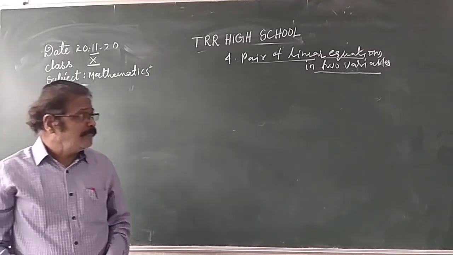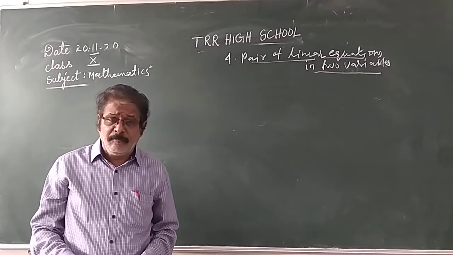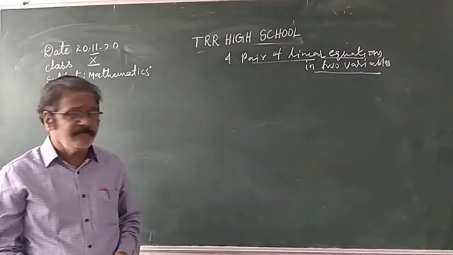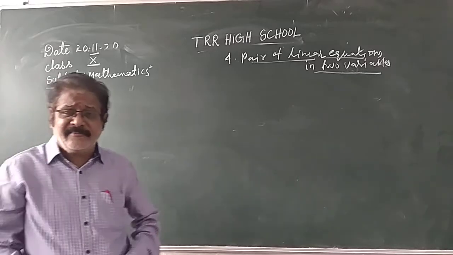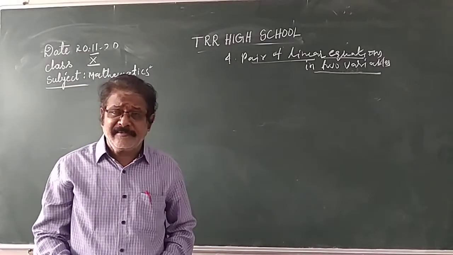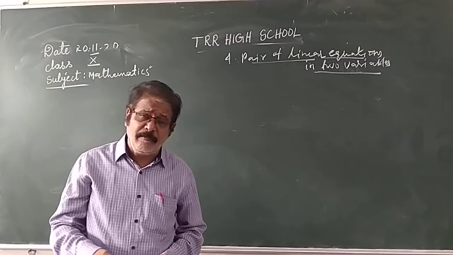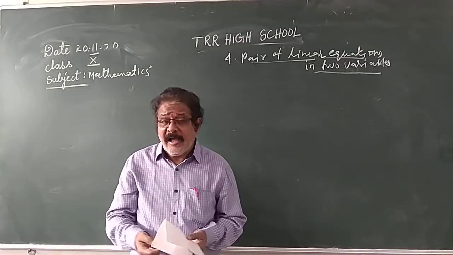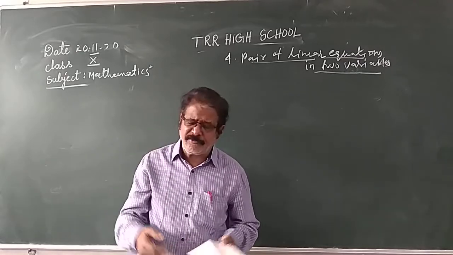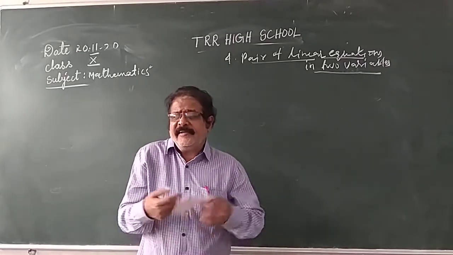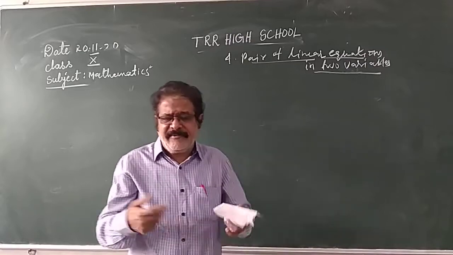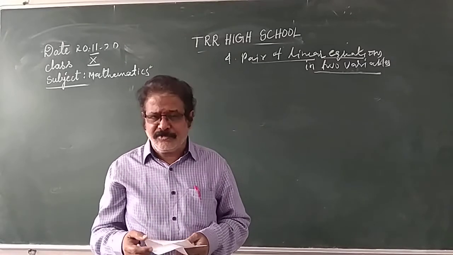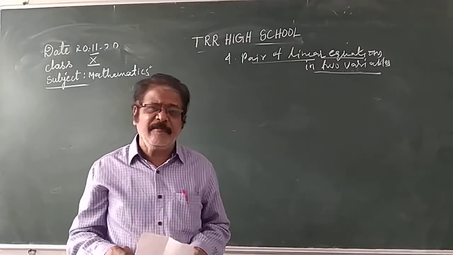So we are doing pair of linear equations in two variables. Almost we have come to the end of this chapter. The last concept of this, in the previous class we discussed how to solve the pair of linear equations. A pair of linear equations can be solved by three methods. One is graphically, in the first class itself I explained, and next the substitution method. Substitution method means you change anything in the x variable or y variable, the total expression should be in x or y. That is the substitution method. And the third method is elimination method.